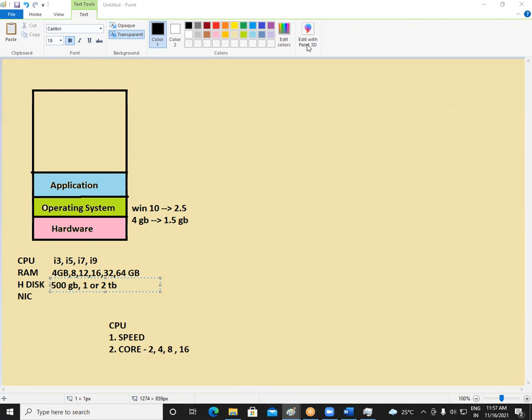Okay, there is a question here: what is the generation difference in CPU? See, whenever they release a new generation, that means they make some changes. Like the speed will be more, or a new generation will support some new applications, or has some extra features. That is also partly for business purposes. When you go with an i5 processor, there are many generations. Whenever a new thing comes in i5, they release it with a new generation: generation 7, generation 8, generation 9, something like this.